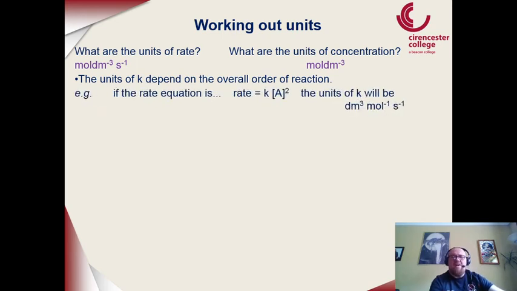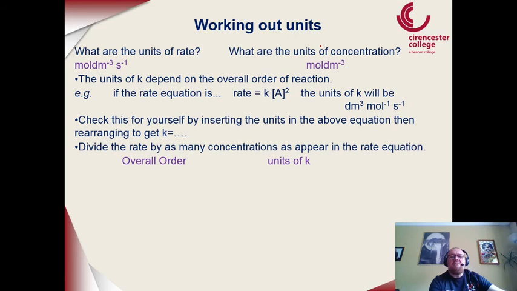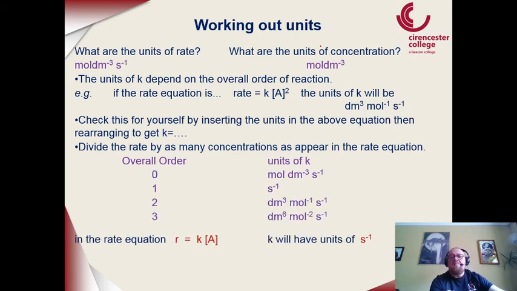If I have rate equals K times A squared, we know that the rate is going to have this unit here of moles per decimeter cubed per second. We know that concentration is moles per decimeter cubed. So what we do is we rearrange the equation, we put in the units, and it gives us the units